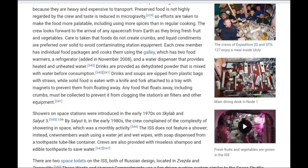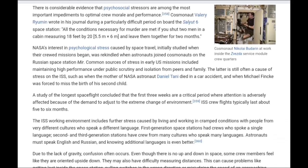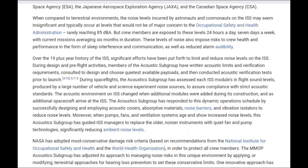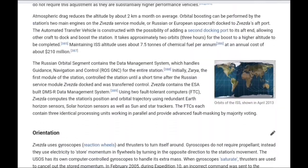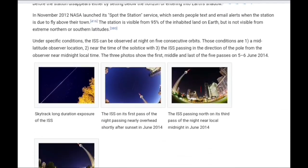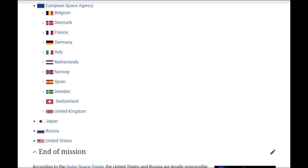has paved for humanity. For over 2 decades, the ISS has served as a beacon of international collaboration, uniting nations in pursuit of scientific exploration and discovery beyond the bounds of our planet. From its humble beginnings, constructed piece by piece through the efforts of multiple countries, to its status as a symbol of cooperation in space, the ISS stands as a testament to what we can achieve when we come together as